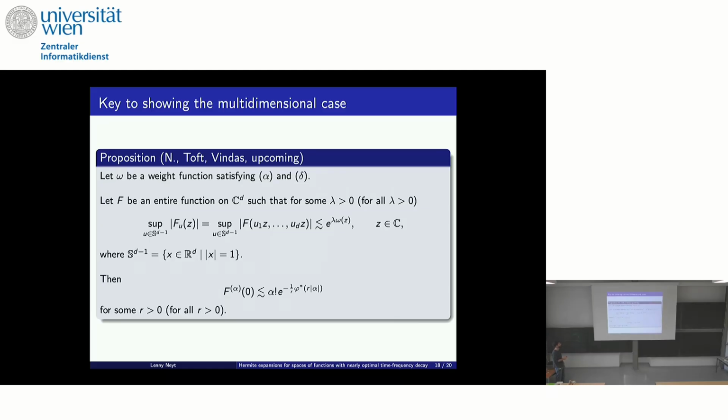You can actually show that this is enough to already infer that you have these bounds on the zero, and the derivatives of f at zero. But this is, of course, exactly just the Hermite coefficients divided by some alpha factorial. Okay, and once you got this, then you have everything you need. So that's how we could close it. But this is not published yet, so it's upcoming work. Okay, and I think with that I'll